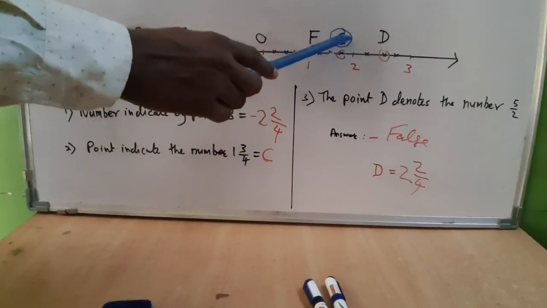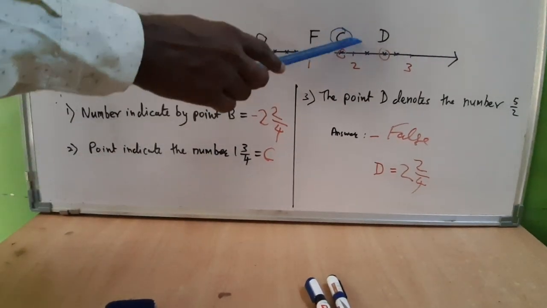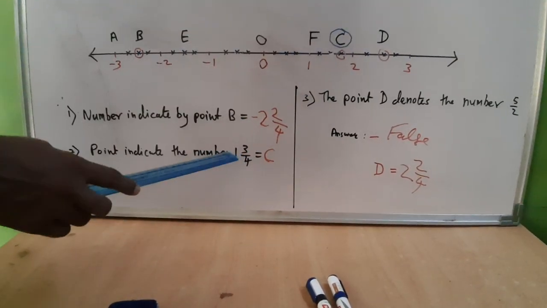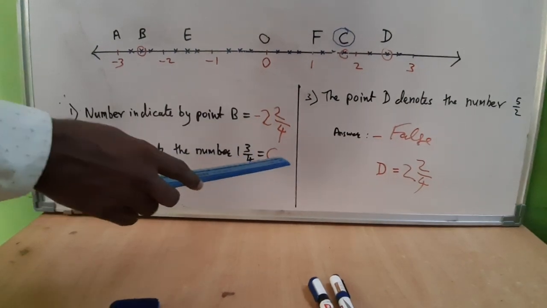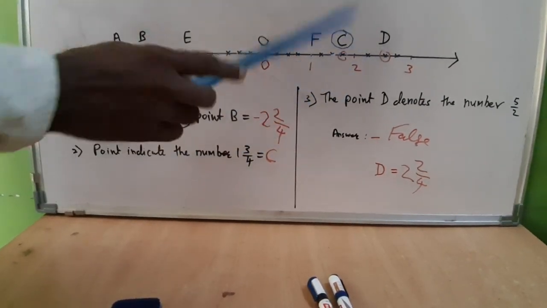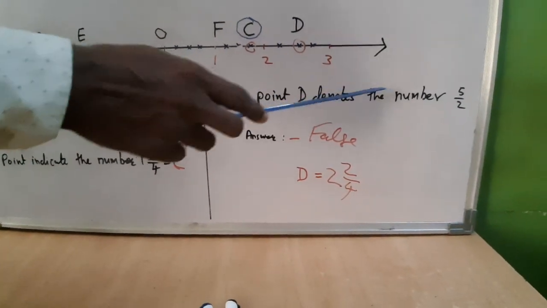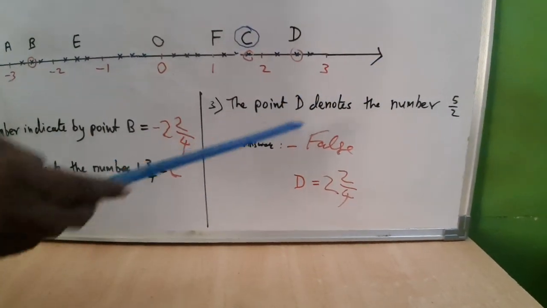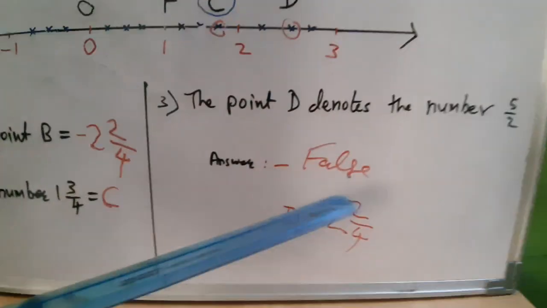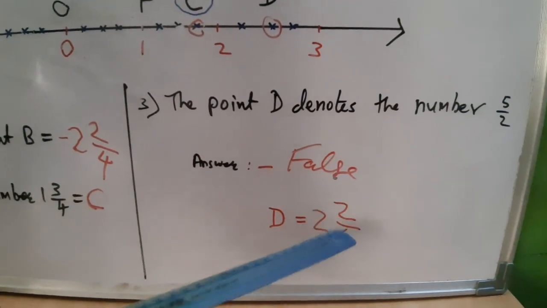पण हा पॉईंट कोणता आहे? सी आहे. म्हणजे पॉईंट म्हणून सी घेतला, सी अक्षरात घेतला आहे आणि हा आपला नंबर आहे. म्हणजे हा नंबर कोणता पॉईंट दाखवतो? सी दाखवतो. आणि नंतर विचारलं तर डी डिनोट द नंबर ऑफ 5/2 फॉल्स आहे. कारण डिनोमिनेटर किती पाहिजे? 4 पाहिजे. मग याचा आन्सर किती पाहिजे? डी 2/4.